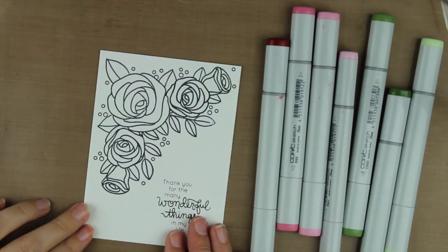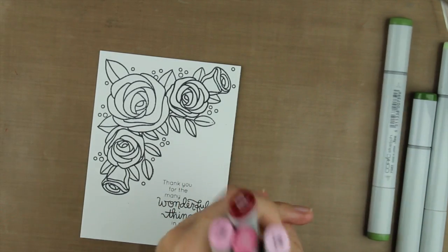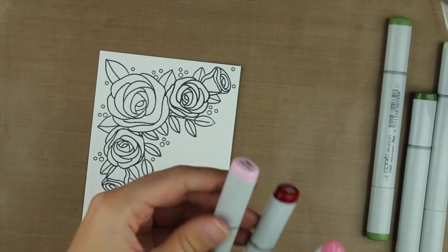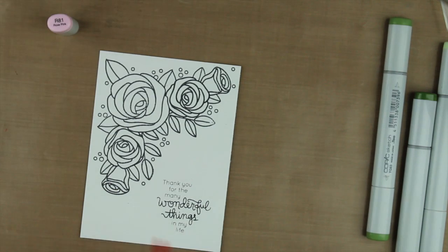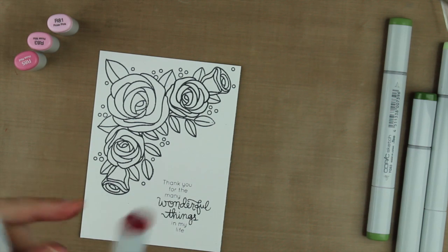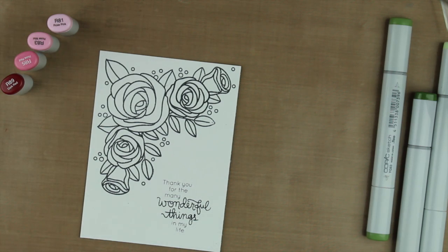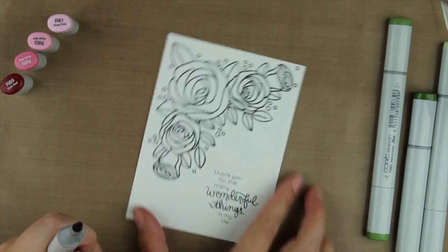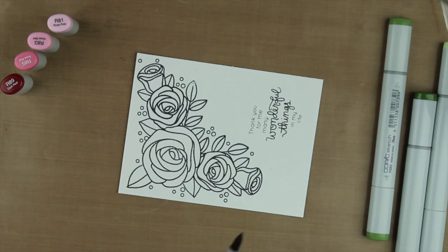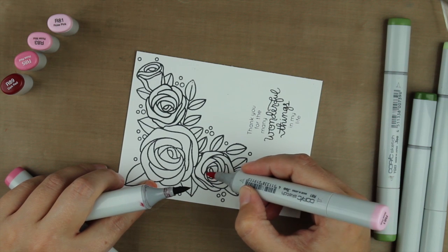Now we're going to color it. To color this, we are going to use some Copics. We are going to use the R80 series, so we're going to use R81, R83, R85, and in some cases we're also going to use the R89 to give the roses a little more depth. And we're going to start by coloring one of the smaller roses, and I'm just going to start by coloring